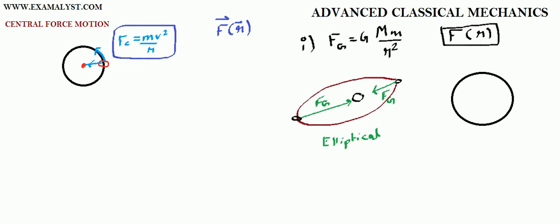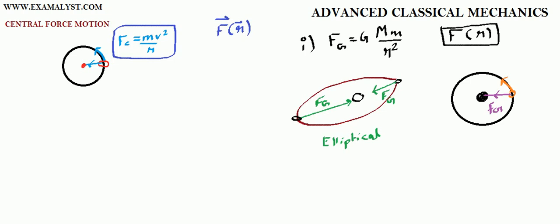So consider at the center we have the sun. Consider this is the sun, and there is a particular planet that is moving around the sun along a circular path. This can also happen. Now look at this part clearly. The force of gravity again acts radially towards the center. So this is my F G. And this force of gravity, which is the centripetal force, is responsible for keeping this planet on the circular track. Agreed?